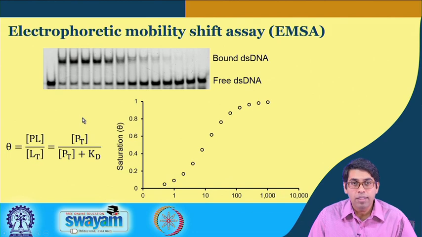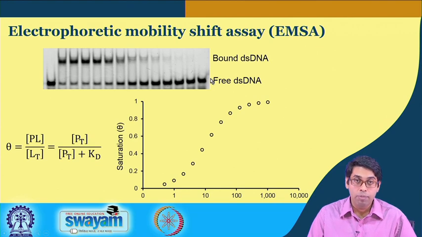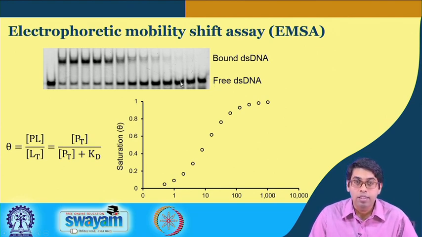So, typically in this type of experiment, we do not measure the intensity of these bands, but we measure the intensity of the DNA band. The beauty of this experiment is that you can detect the free ligand and the bound ligand simultaneously. Normally these bands become diffused. This is a very good example of a gel, but you might see that this band becomes diffused due to dissociation of the protein DNA complex.